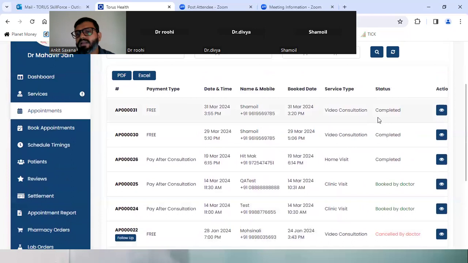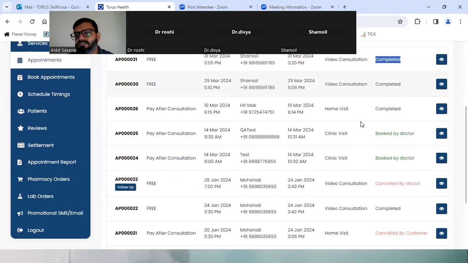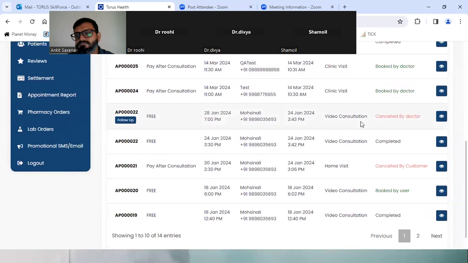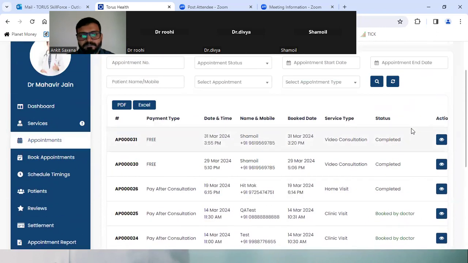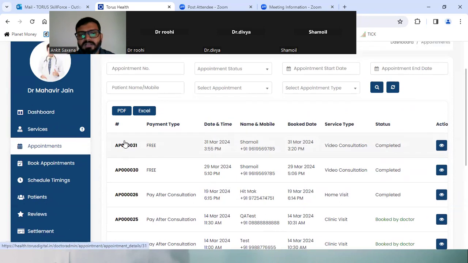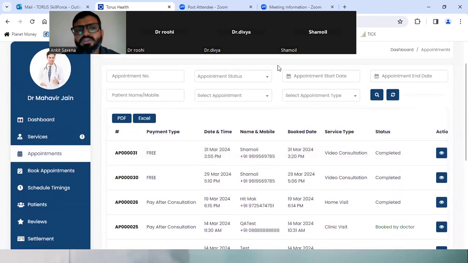Yes, and on the right hand side, you will also see the completed status. If it is a cancelled appointment, you will find the appointment status as cancelled. See, cancelled by doctor. Now, Dr. Gaurav, you have asked me this question.